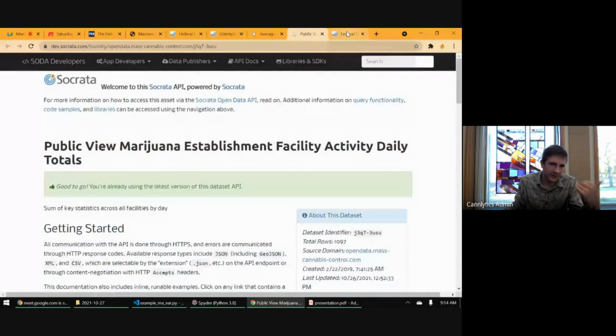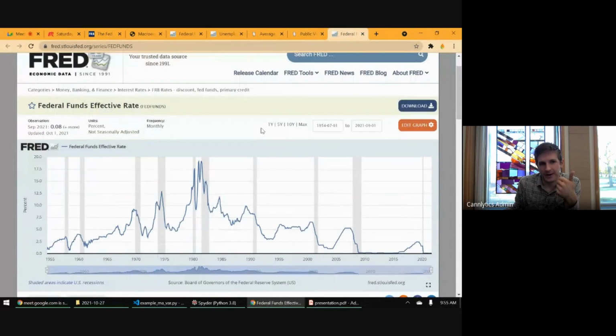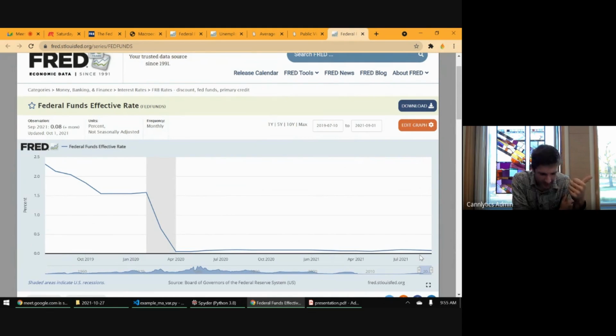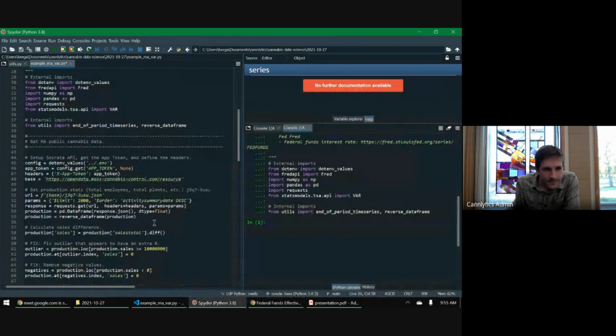And then we're also going to grab some data from the Federal Reserve. So we're going to grab the federal funds rate, which is essentially what economists refer to when they're talking about the interest rate, right? So this is the interest rate the banks pay, and thus it affects all the other interest rates. So we're going to get these data points